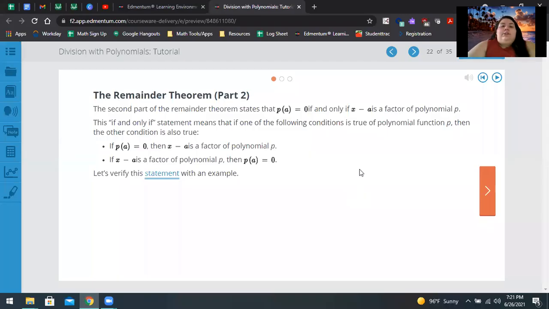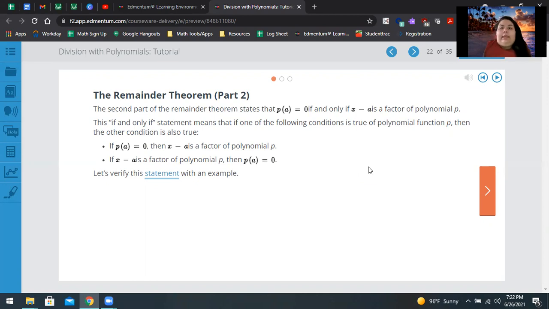Okay, so let's go ahead and start with slide 22 of the Algebra 2 Semester A Unit 2, Divisions with Polynomials, slide 22. So this is the second part. And actually, we're going to talk about the second part of the remainder theorem. So kind of like what we learned in the first part of the remainder theorem, just a